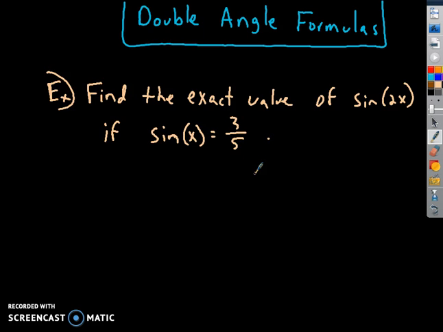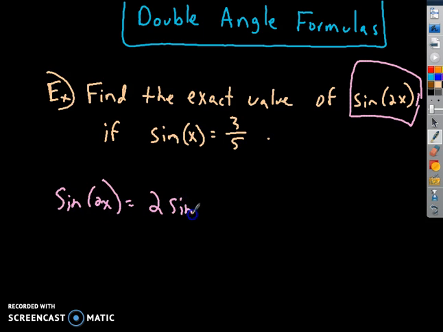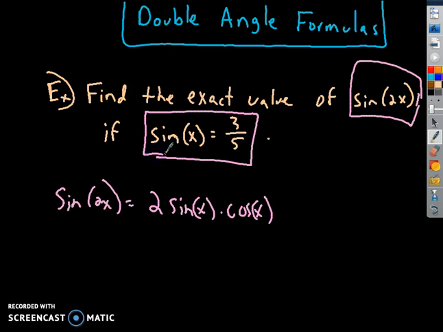So the best way of doing this is expanding sine of 2x first. Let's first figure out what that is. We're going to use this back later. But we know sine of 2x is equal to 2 sine of x times cosine of x. Now, it would be really great if we knew what sine of x and cosine of x was. It's nice they told you what sine of x was. Sine of x is 3/5. Meaning everywhere I see sine of x, I can replace it to its equivalent, 3/5. So it's 2 times 3/5